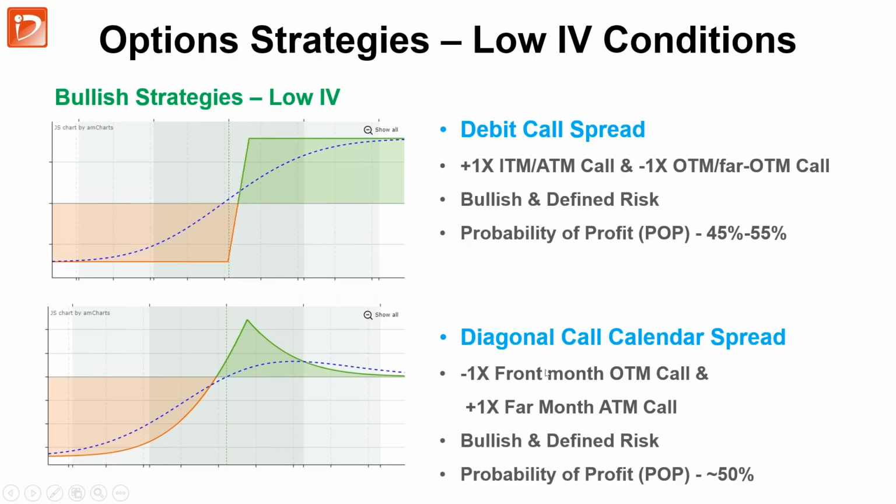So in this strategy, you short an out of the money front month call. For example, if Nifty is at 10,600 now, you short the 10,800 call of July expiry, and then you buy the at the money far month call. So you buy the at the money, in this case 10,600